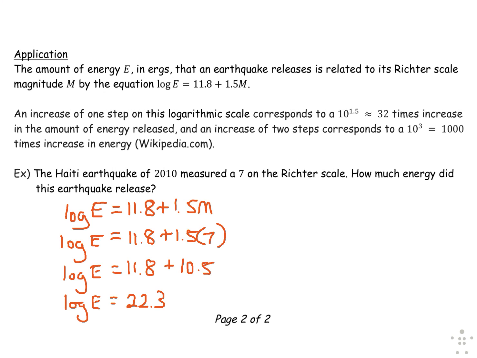To get E by itself, and no longer as the input of the common logarithm, we understand that the common logarithm is base 10. If it helps, actually write that in so you have a target. That is the base, and then you swap the input with the output because of the inverse nature of logarithms with respect to exponential equations. So the amount of energy is equal to 10 raised to the 22.3 power. Let's put that into perspective. So E will be approximately equal